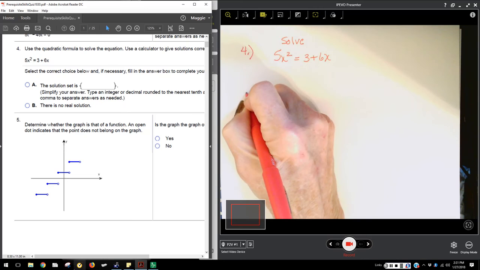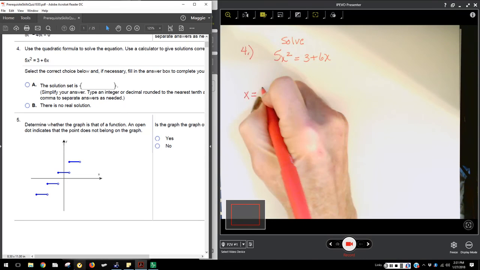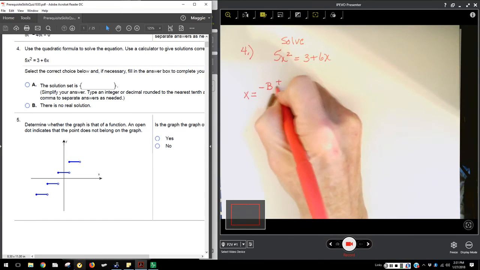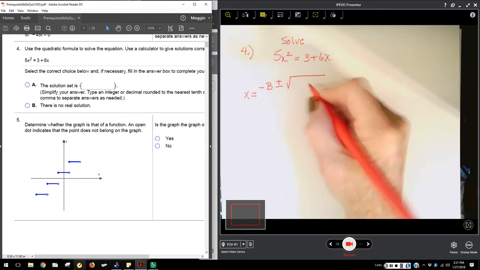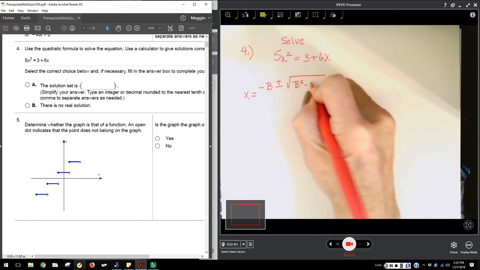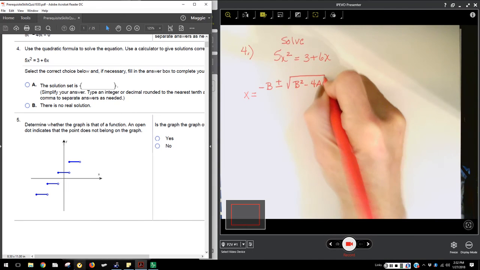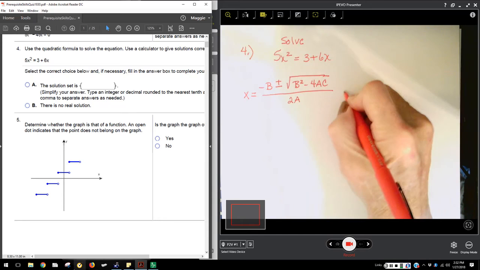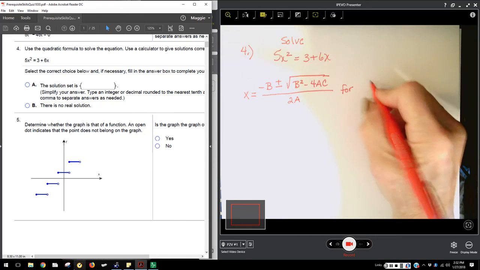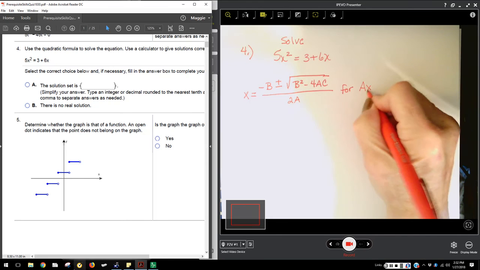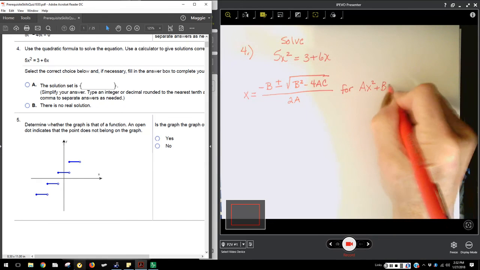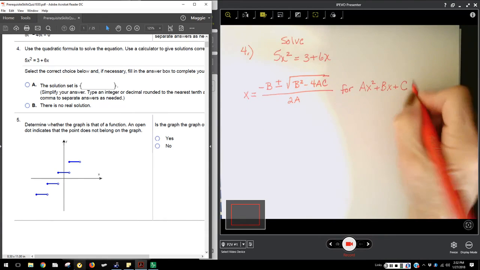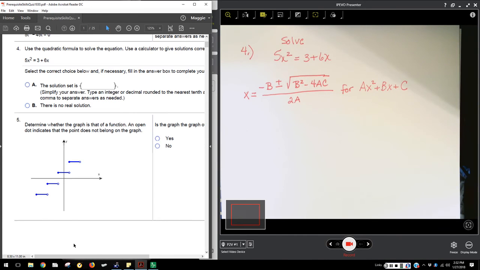And the quadratic formula is x equals the opposite of b plus or minus the square root of the radicand, which is b squared minus 4 times a times c, divided by 2 times a. But we first have to have the equation in the form ax squared plus bx plus c. And our equation is not in that form. So the first thing we're going to do to begin to solve this equation is we're going to rewrite that equation